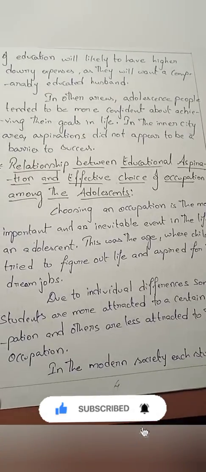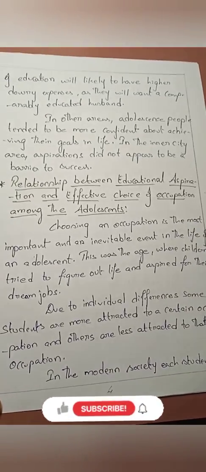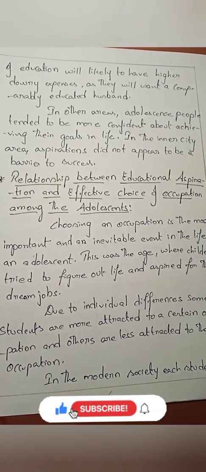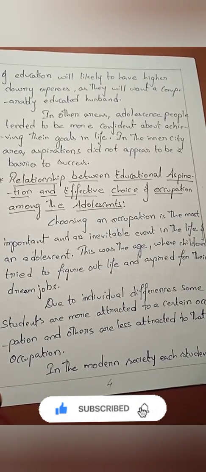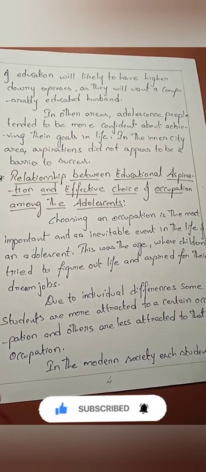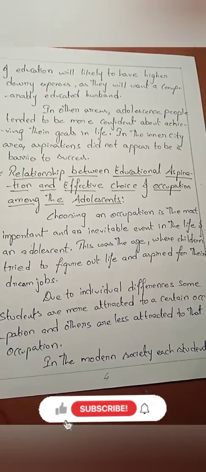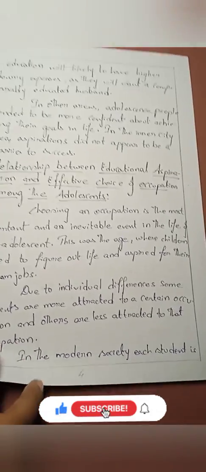Relationship between the education aspiration and the effective choice of occupation among the adolescents. Choosing an occupation is the most important and inevitable event in the life of an adolescent. This was the age where children tried to figure out life and aspired for their dream jobs. Due to individual differences, some students are more attracted to certain occupations and others are less attracted to them. In the modern society, each student is